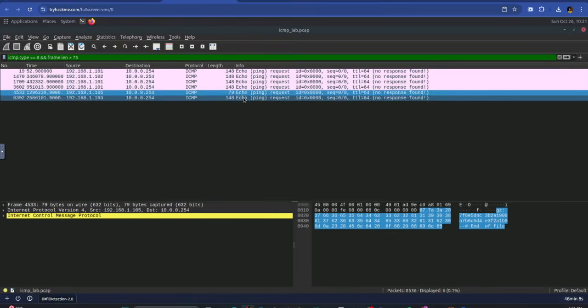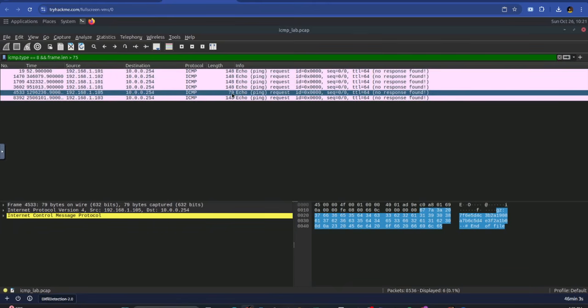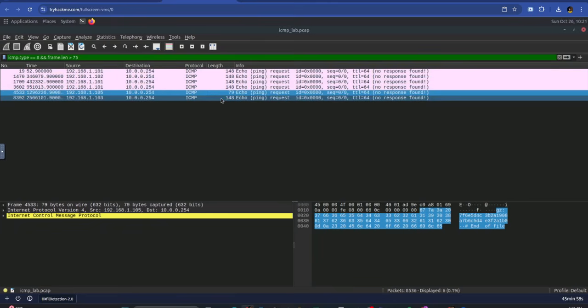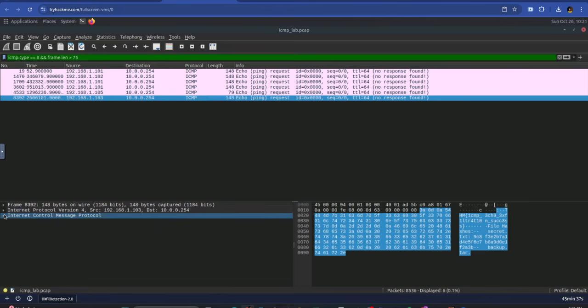And then we have the other packets. Their length is more than 79. It's way, way more than 75. It's 148. If you look at one of them, specifically the one that originates from the IP address 103, we see here on the right the data, and among them we can see a flag. Also, we can see the files that were exfiltrated. We can see secret, or we can see backup. These were the files that were exfiltrated. Now, if we drill down here,